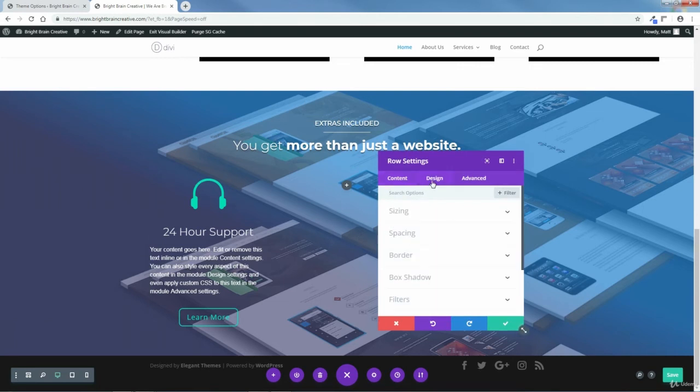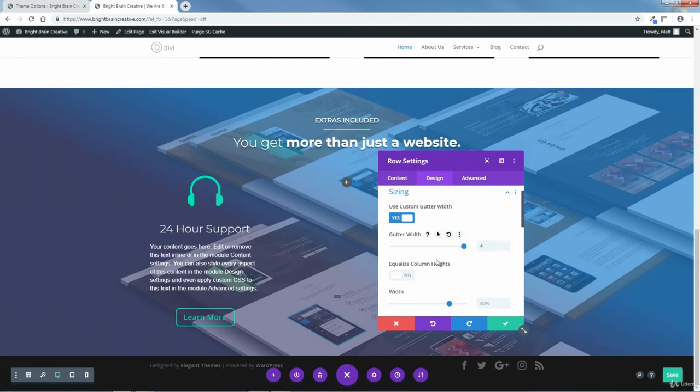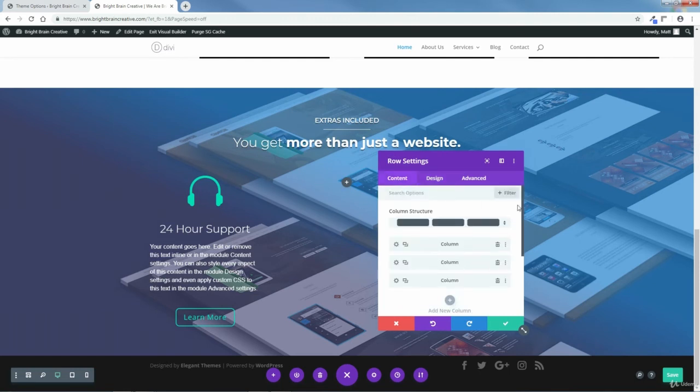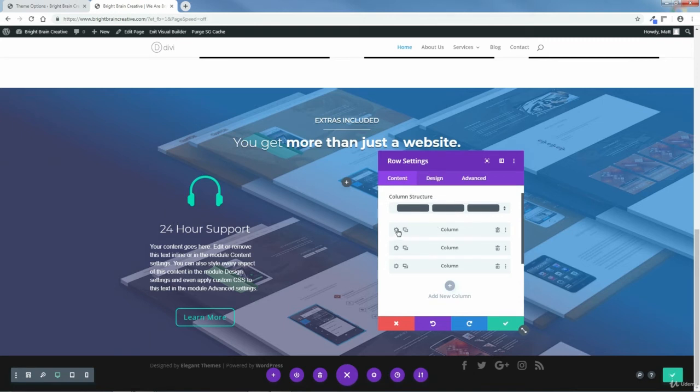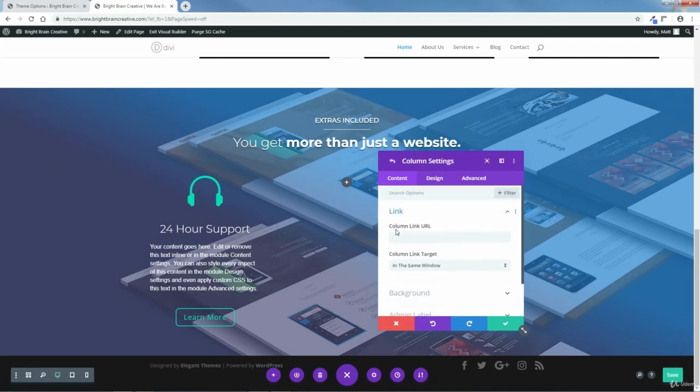I'm going to go to Design, Sizing, and the first thing I'm going to do is give it a custom gutter width. And I'm going to change this to 4. And I'm going to equalize the column heights as well. I'm going to go back to Content, and I'm going to go to the gear icon for the first column,